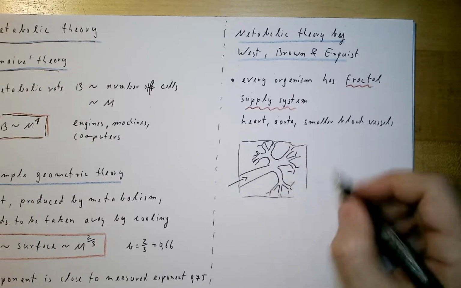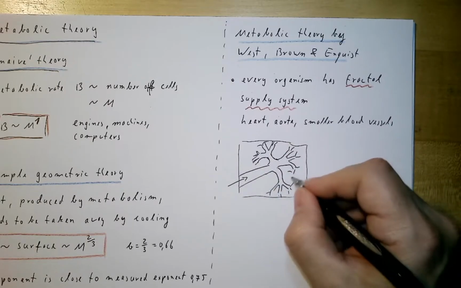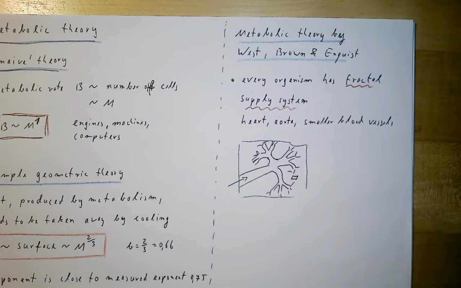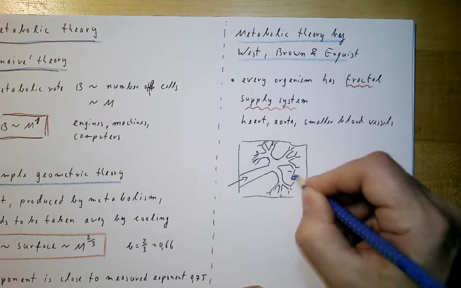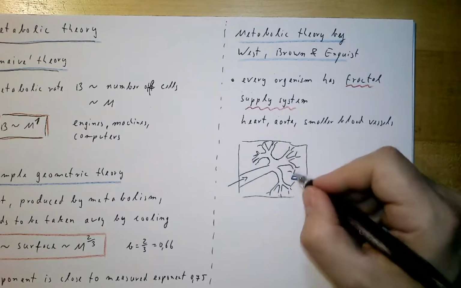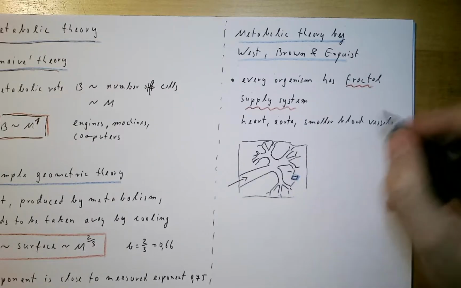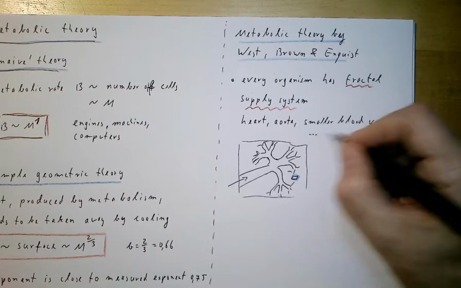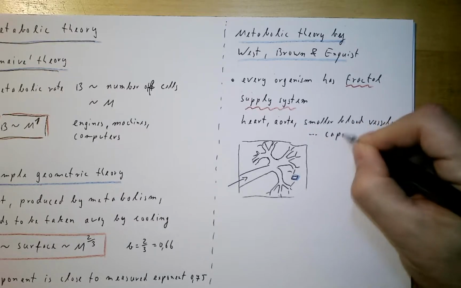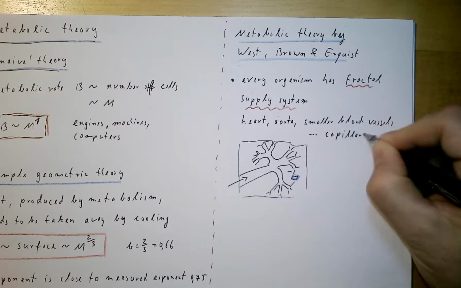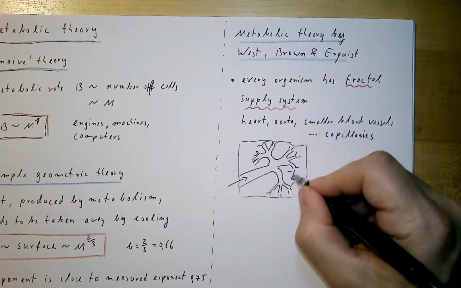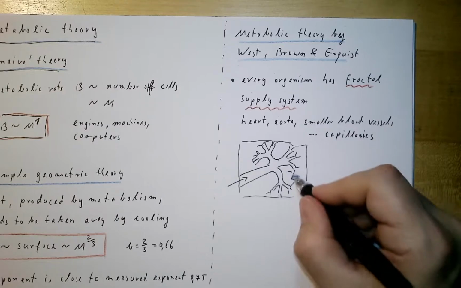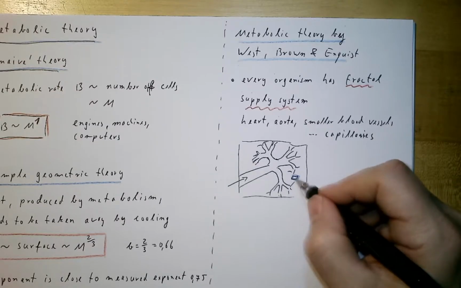So that every cell, and we have an arbitrary cell here in the tissue, can be delivered by a very small capillary. So we go all the way down to the capillaries,